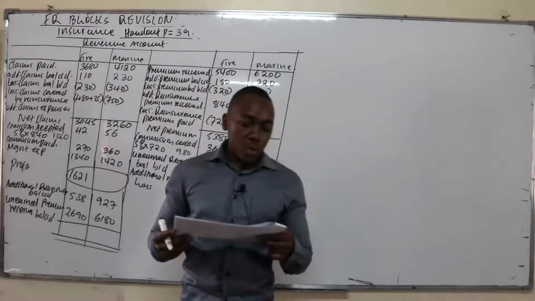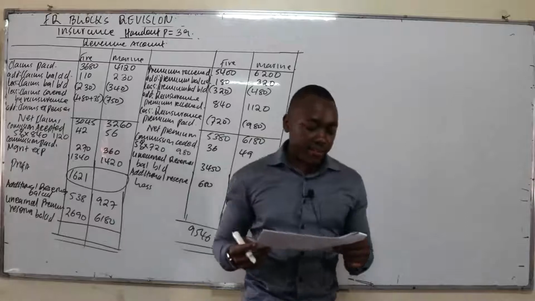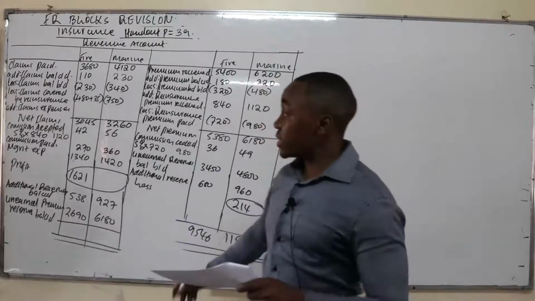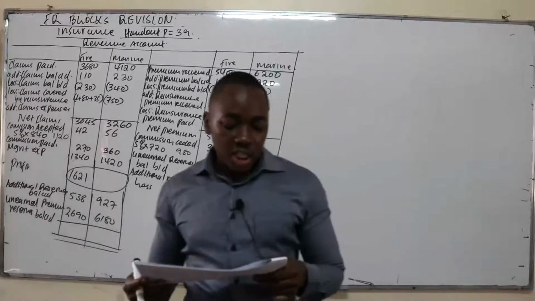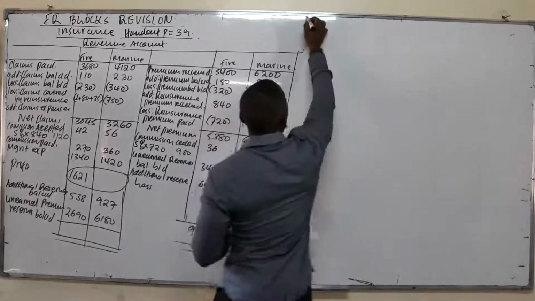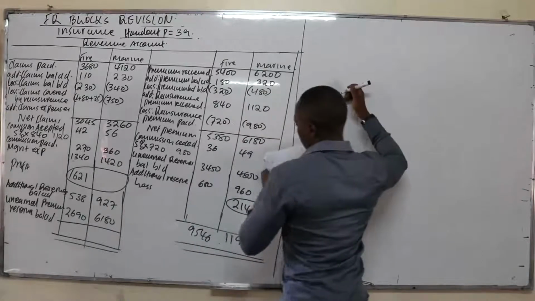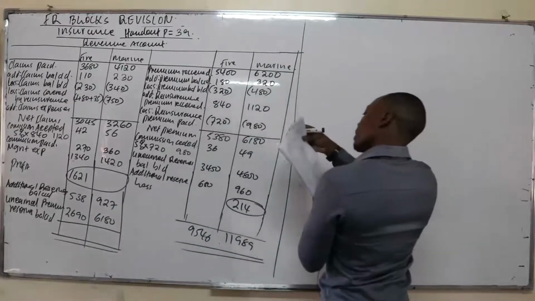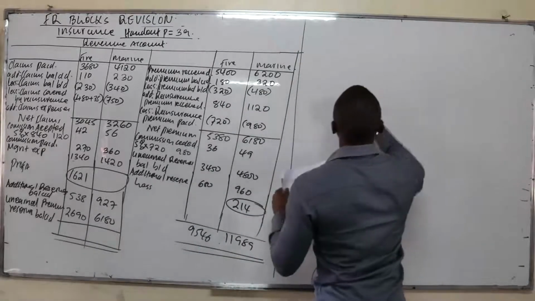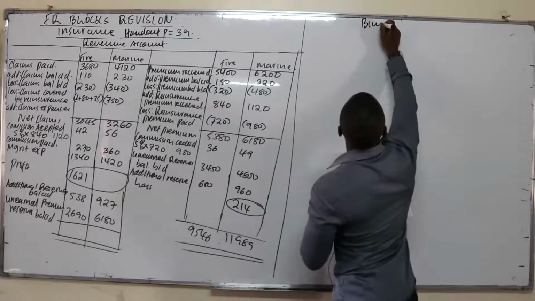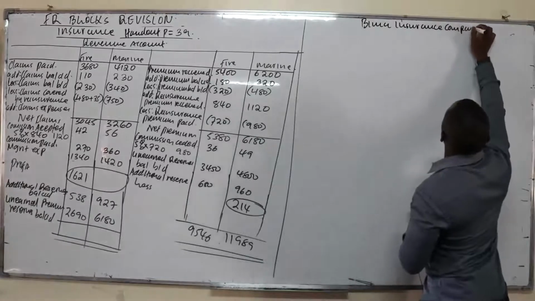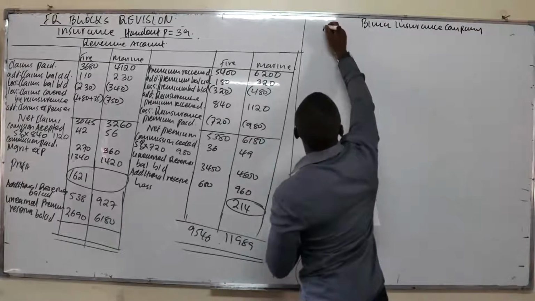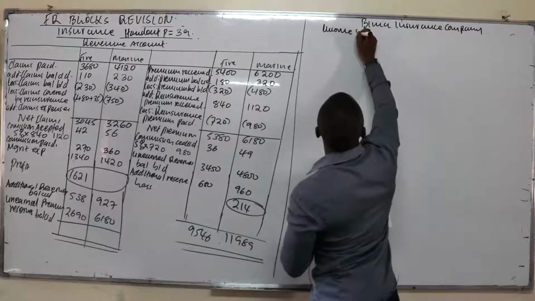Number A was revenue account for the year ended that 1st December 2016. Now that's how you're supposed to present your revenue account. Number B, general income statement. So let's present the general income statement. And the name of company, this is Bima Insurance Company Limited, present income statement